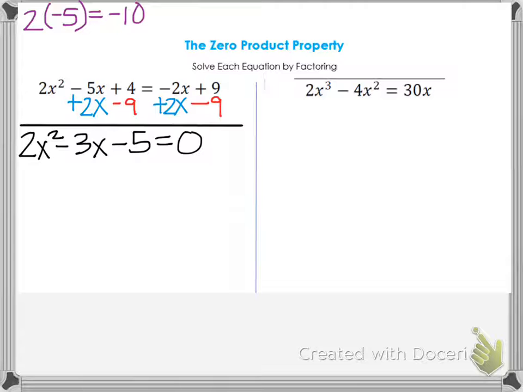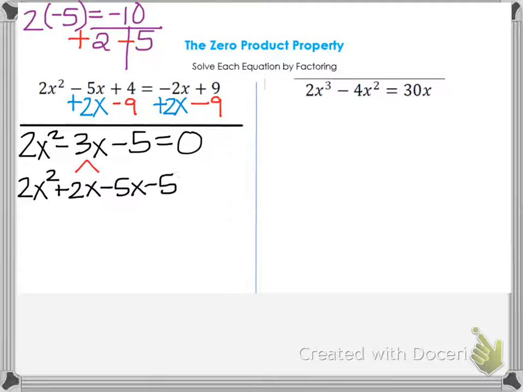So 2 times negative 5 is negative 10, and I want factors of negative 10 that will add up to negative 3 in the middle. So I want the 2 to be positive and the 5 to be negative. So I'm going to take my trinomial and turn it into a 4-term polynomial. So this becomes 2x squared plus 2x minus 5x minus 5 equals 0. And now that I have my 4 terms, I can split it down the middle and I can do factor